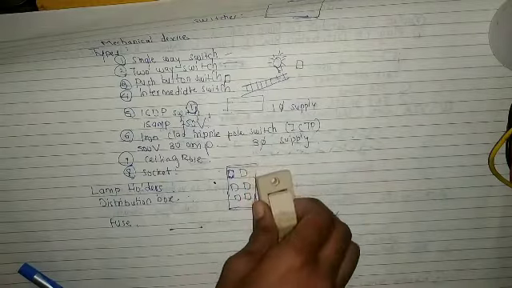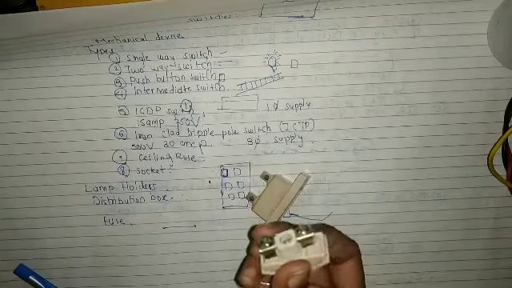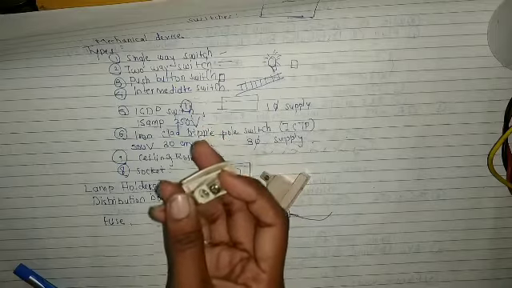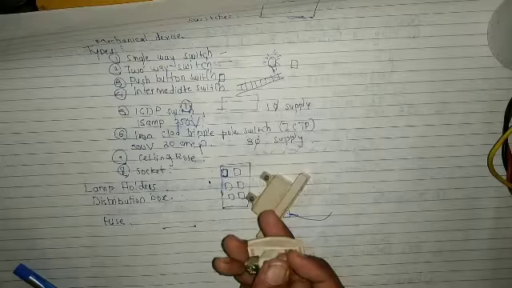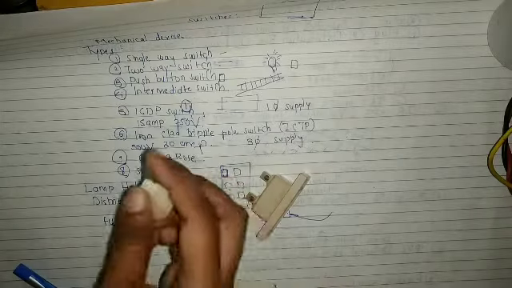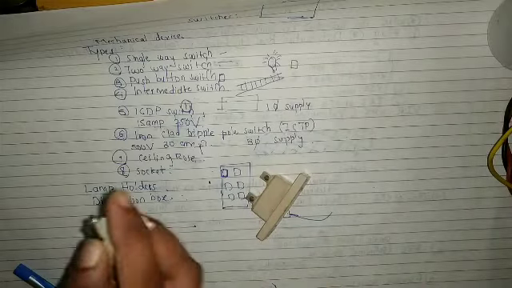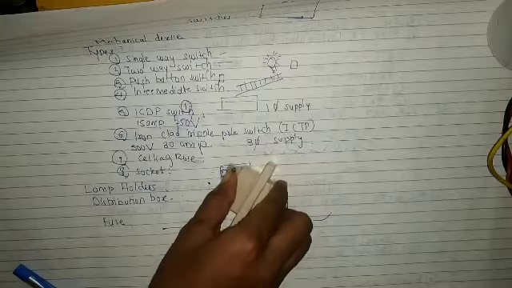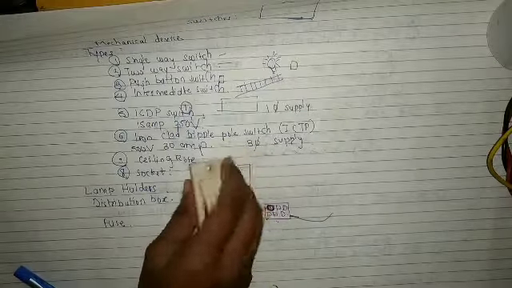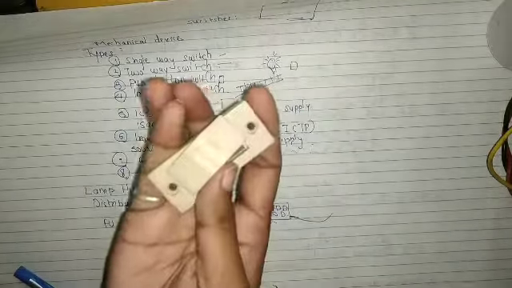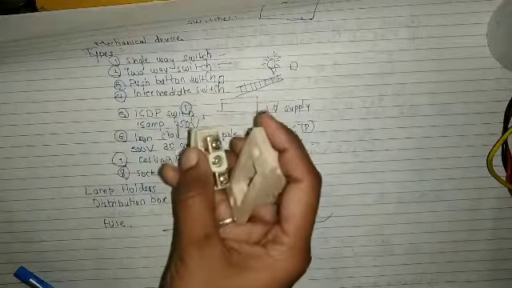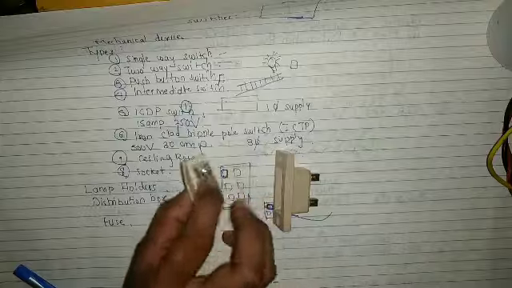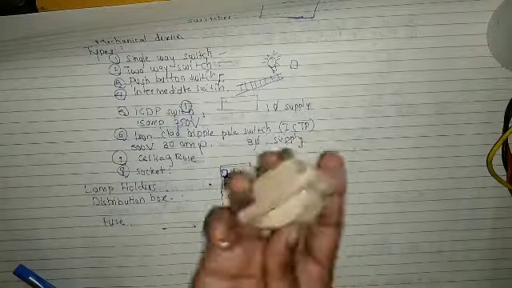Normally fuses are rewirable. So whenever the fuse goes, we have to remove it and rewire this fuse. In a cartridge fuse, we have to change the whole cartridge. Okay, so we have learned this in the fuse chapter. This is how the fuse looks, and this is the base, and this is the fusing wire.